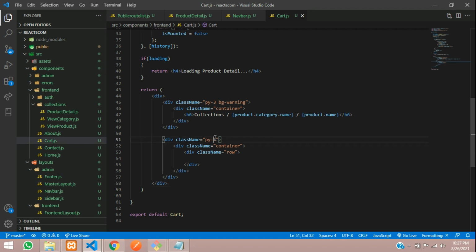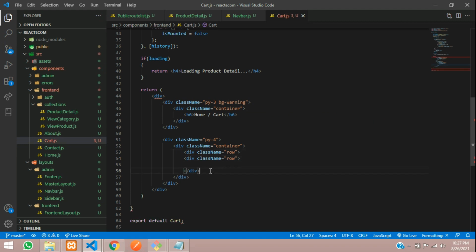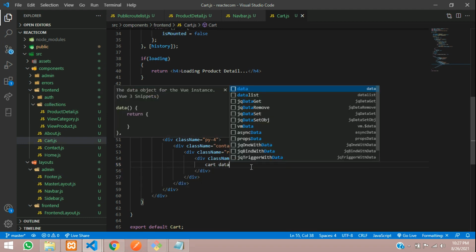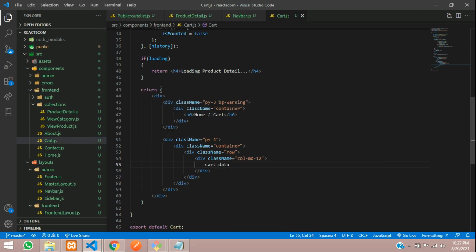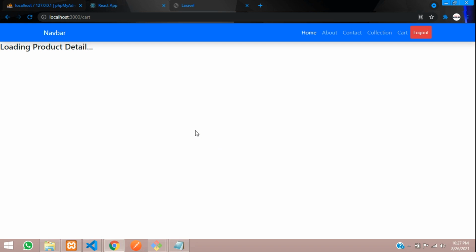Let's make this 4 and make this home, and remove all this we don't require, make it cart. Perfect. Just copy and paste this one, column MD12, where all the table data here will be cart data. Okay, save, and let's see.